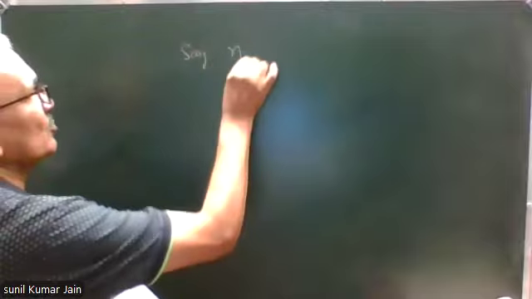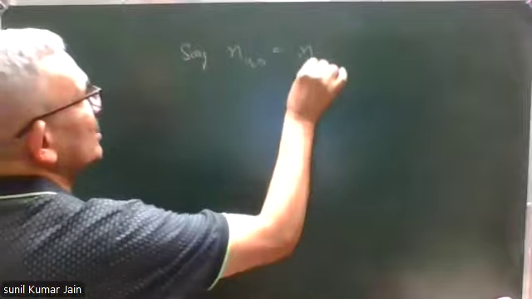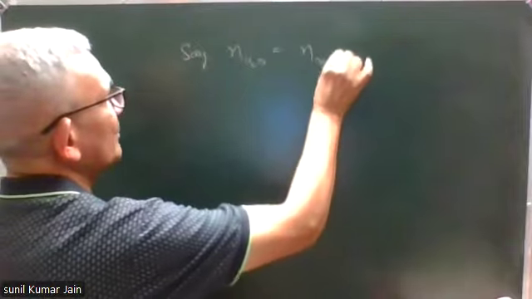Right. 11th assignment of solutions. First numerical. Calculate mass fraction of methanol in an aqueous solution containing equal number of moles of methanol and water. Say number of moles of water is equal to number of moles of methanol